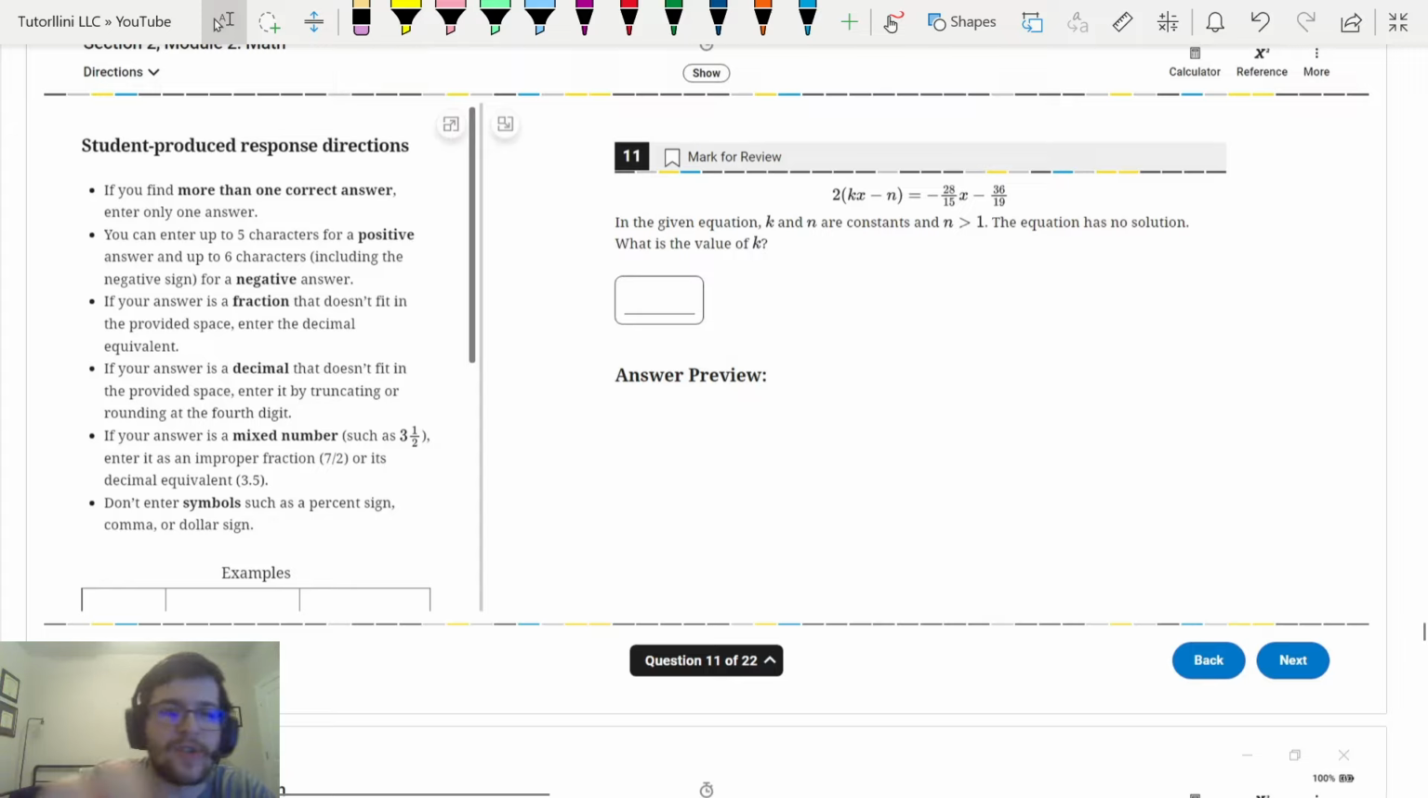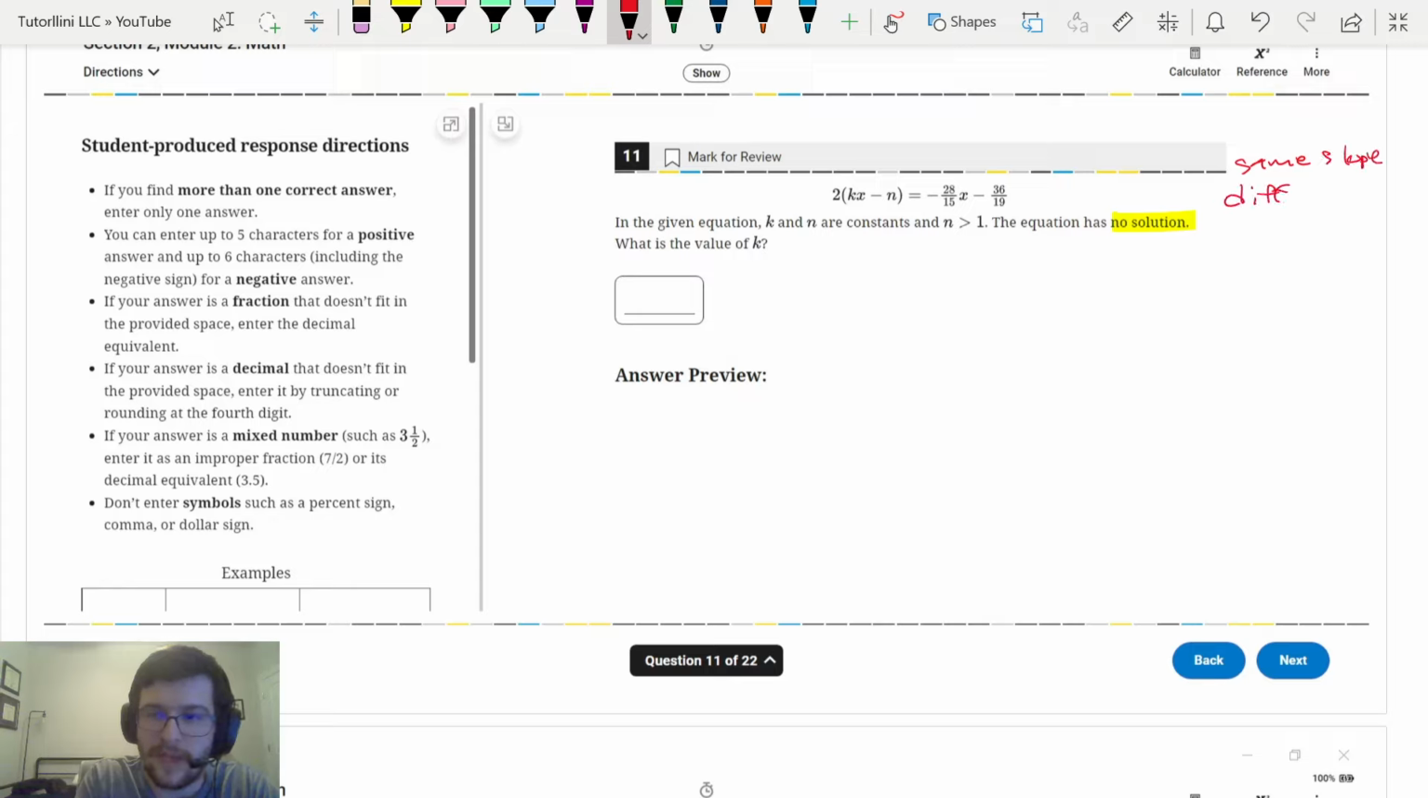Okay, so we talked about this earlier in the video. When you have slope intercept, no solution means same slope, different y-intercept. So what you have to recognize is that the left side of the equation does not look like mx plus b. It doesn't. So what you're going to do is distribute. So 2kx minus 2n, you do 2 times kx and then 2 times minus n equals